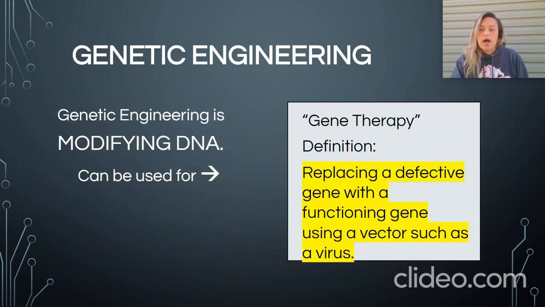All right, so let's talk a little bit about gene therapy as well. So down over to the right-hand side, it says gene therapy, and it gives you the definition. I want you to copy down what's highlighted in yellow on the screen here. All right, and gene therapy basically just is replacing a defective gene with a functioning gene that then serves as a vector, such as a virus. All right, so scientists will actually take viruses, they will replace a defective gene with a functioning gene in that virus, and then that virus will reproduce over and over again, and it will actually modify the DNA for that